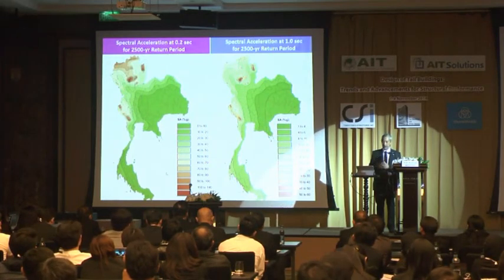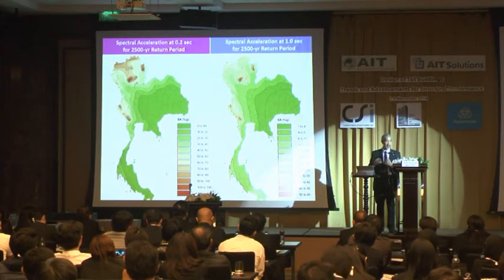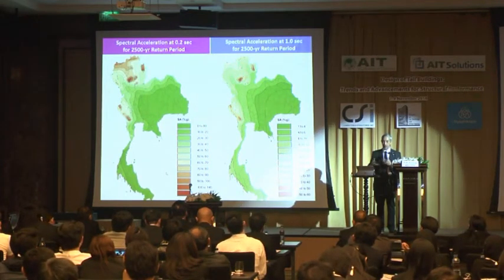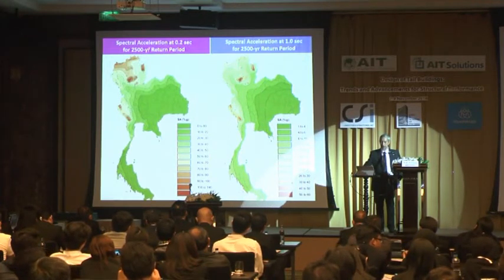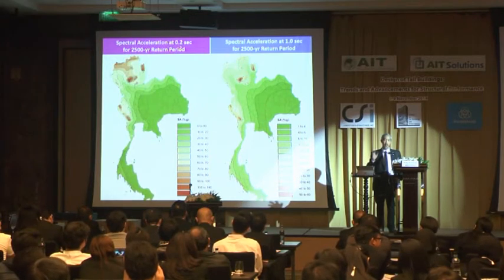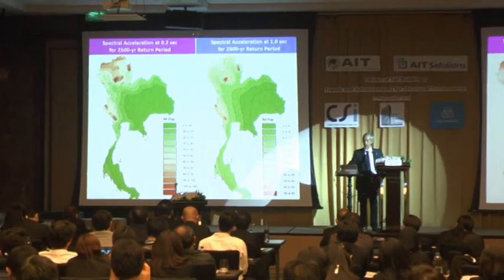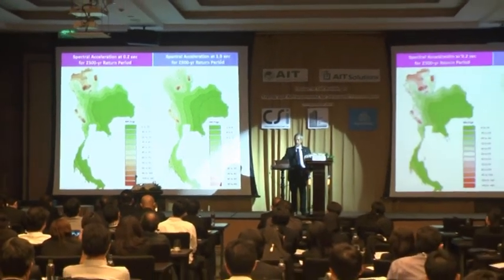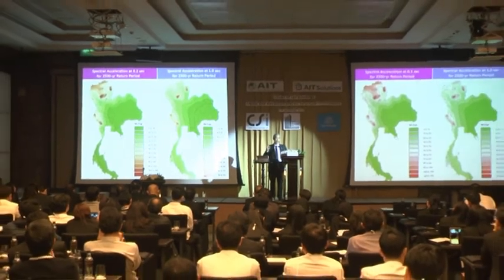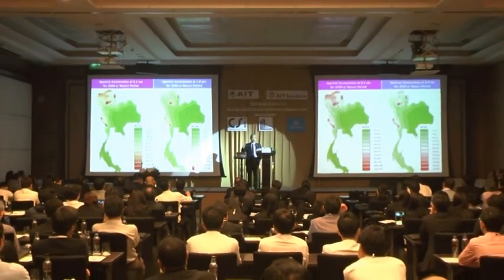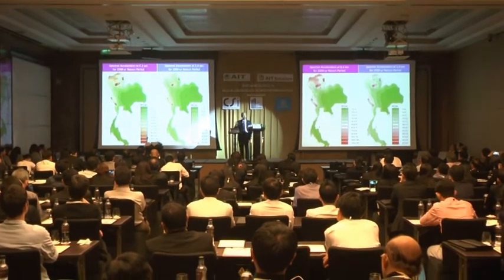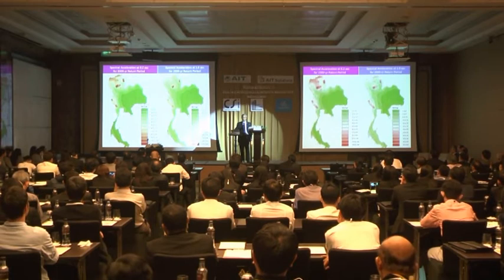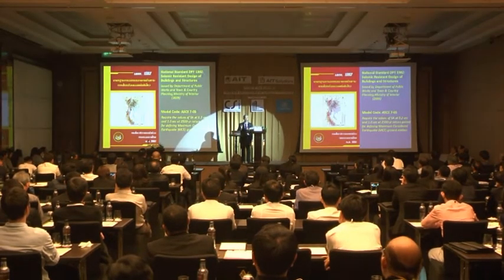For those who are not engineers, maybe not so familiar with this, but we have many types of ground motion parameters to define the effect of ground shaking. This spectral acceleration for 0.2 seconds is showing the impact of ground motion to low-rise building, while this one for 1.0 seconds is the ground motion related to the impact to mid-rise to tall buildings. When we have this type of map or ground motion parameter, we then can create our own